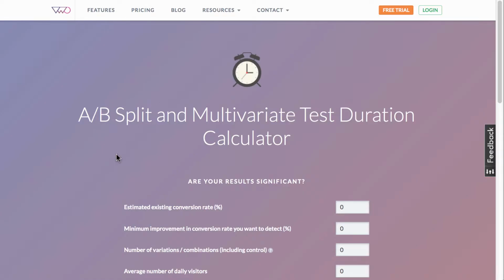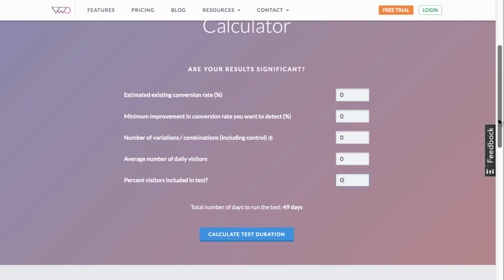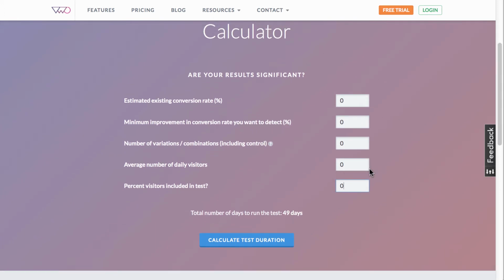So this is the Visual Website Optimizer A/B Split Test and Multivariate Test Duration Calculator. It is a very fancy name for a fairly simple tool. This will show you how long your tests will probably have to run to get statistically valid results. It is also quite easy to use Hybrid Connect, which we're going to talk about in a minute, and that will do all the calculations for you. So don't be afraid of the math. I'm just kind of showing this to you so you understand the fundamentals